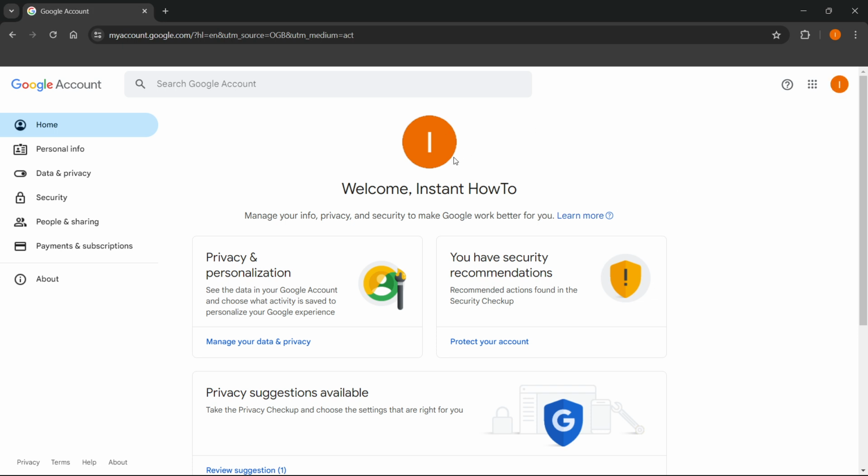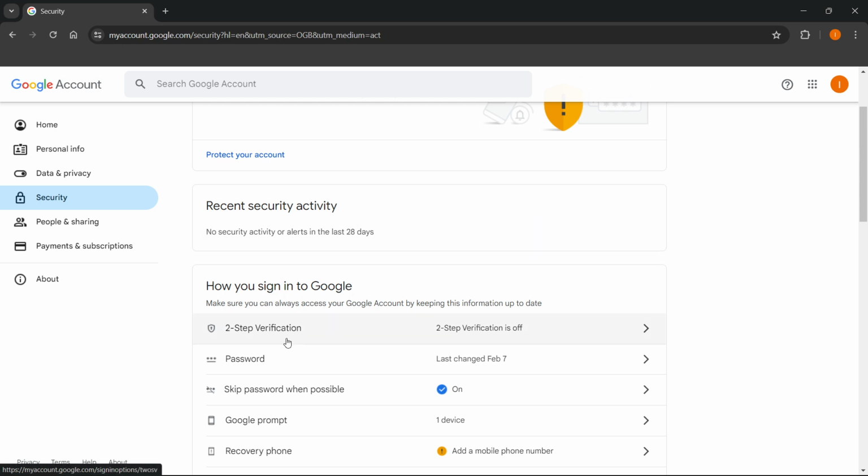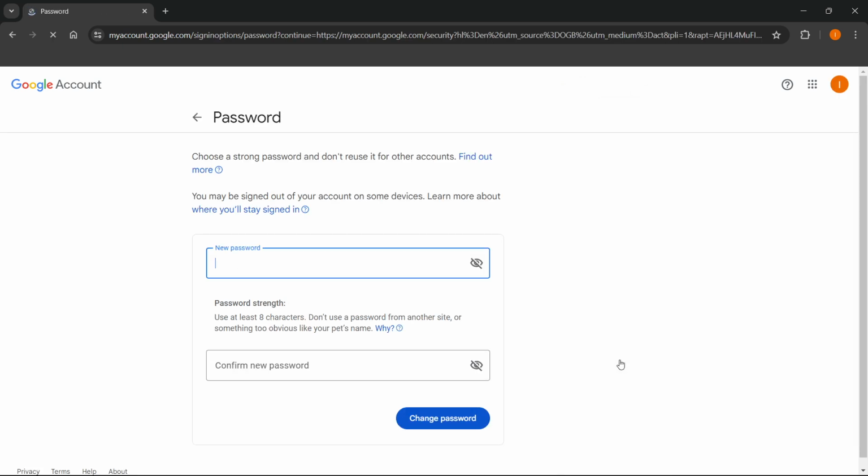And now once you're on this page where you can manage the Google account, here on the left you want to go to Security and click on it. And then if you scroll down here, you can see the second option, it says Password, and it says last changed February 7th, okay? Now you want to click on this anywhere where it says Password, and then